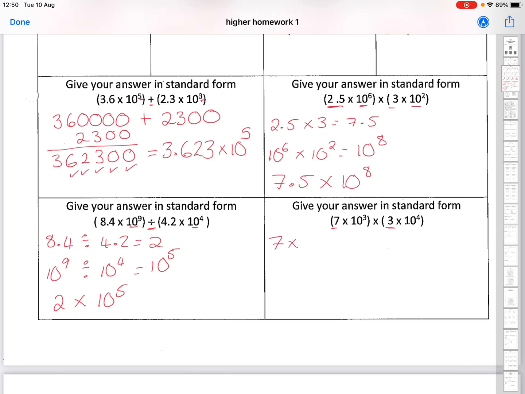Last one is timesing, so I'm going to do 7 times 3. So 7 times 3 is 21. Then I'm going to multiply my powers. So I've got 10 to the power of 3 times 10 to the power of 4. When I'm timesing, I add my powers. So that's 10 to the power of 7. I can put that together, 21 times 10 to the power of 7. However, that's not in standard form. That needs to be 2.1 times 10, and I can add 1 to that power, which is to the power of